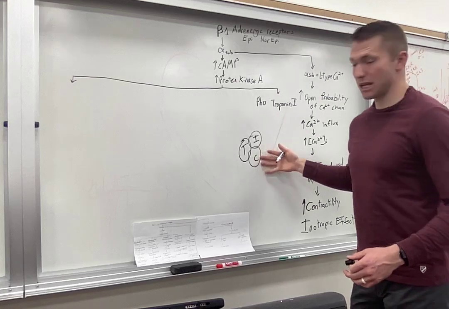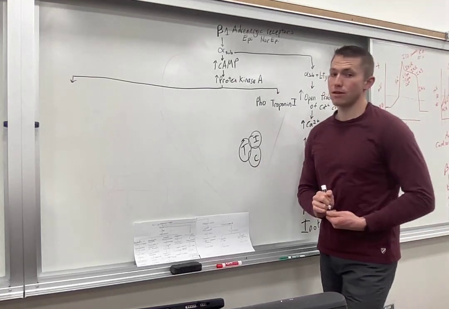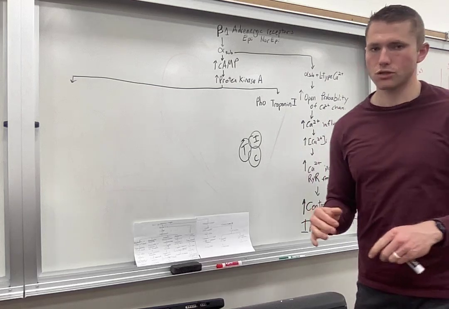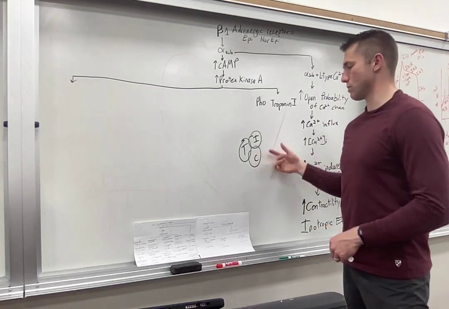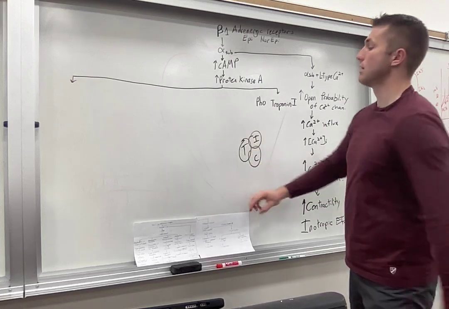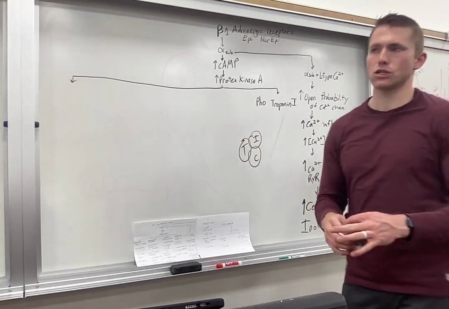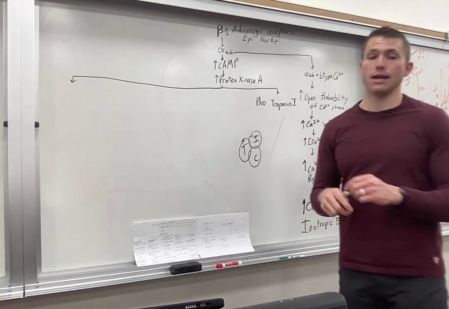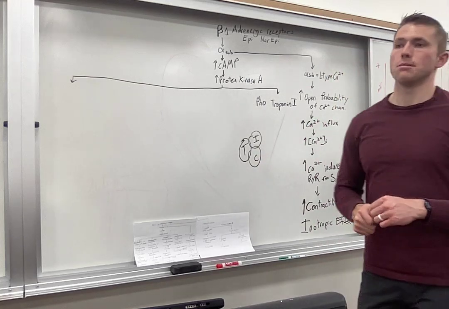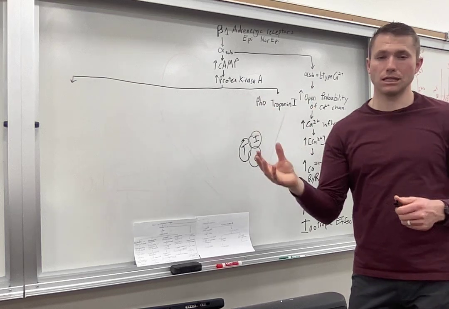It has 4 binding sites. 2 of them are low affinity, 2 of them are high affinity. So when there's low calcium concentrations, then calcium is just bound to it, allowing this troponin to be bound to tropomyosin and actin, covering the ATP binding sites,